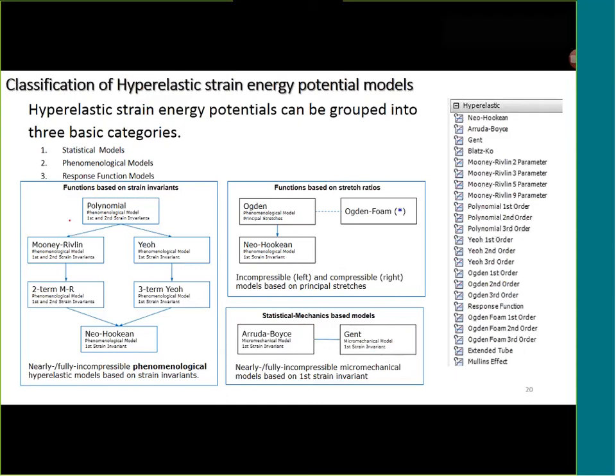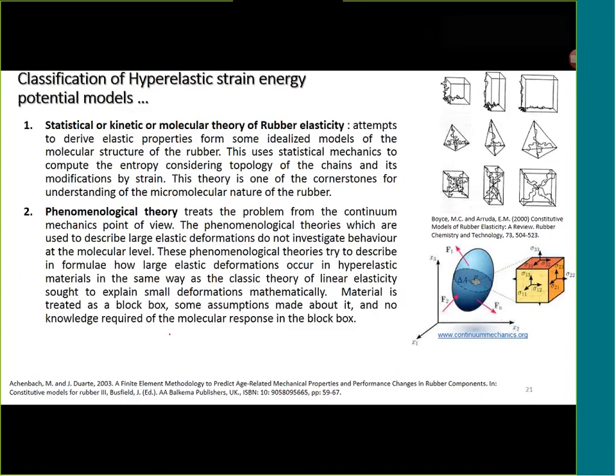Now, the strain energy potential models can be broadly categorized into three categories. There are many material models available to model hyperelastic material, more than 10 different models. These can be grouped into three categories as shown here. The first one is the statistical model. The statistical model really looks at the